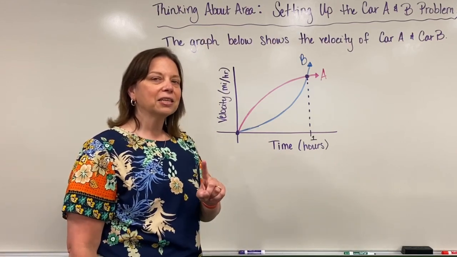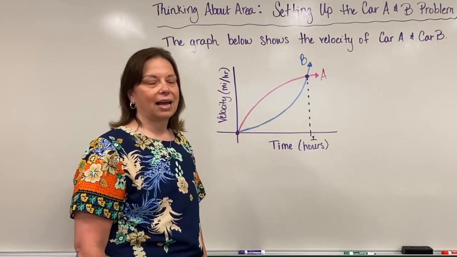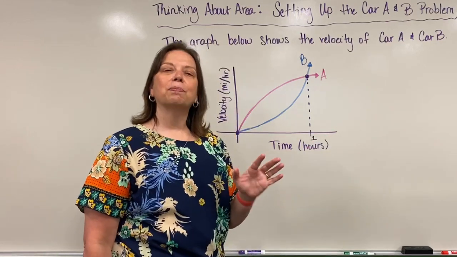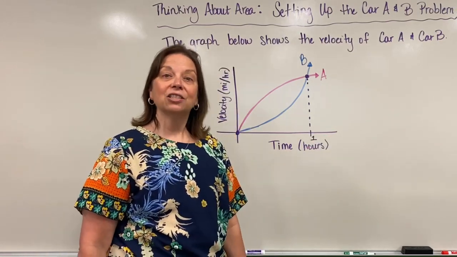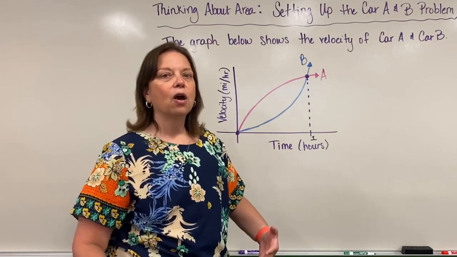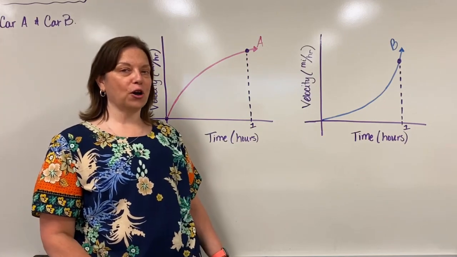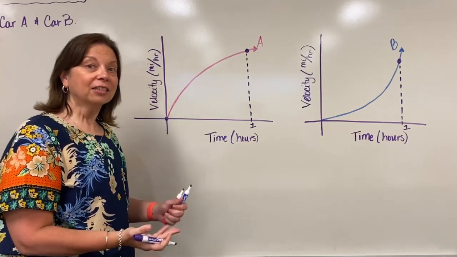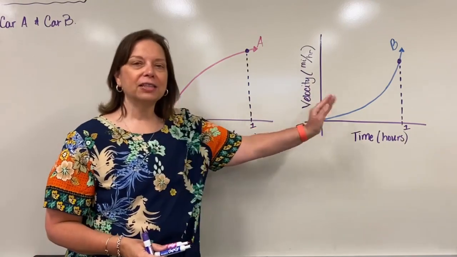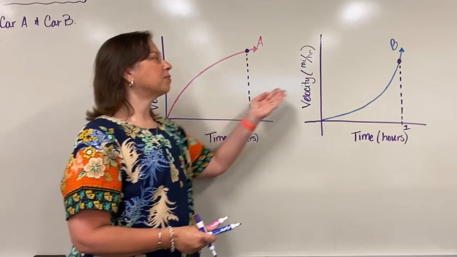Now you notice I'm asking this question because we have velocity over here in the vertical axis relative to time. So now I'd like you to pause for a second and think to yourself, which of these cars, car A or car B, went the furthest? So now that you have thought about that graph, I would like to showcase something interesting for you. I've separated the two graphs. On the left here, we have the graph of car A, and on the right, we have the graph